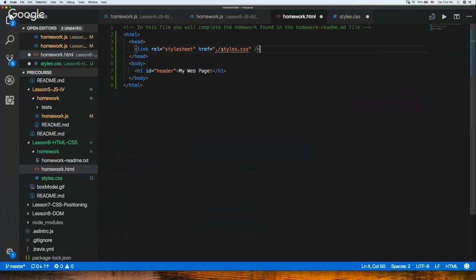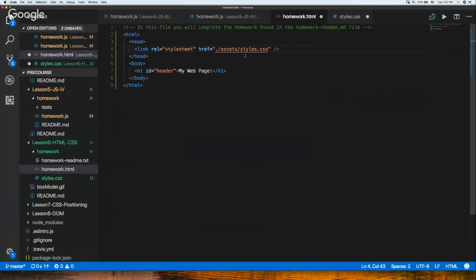That's a self-closing tag. All right, so this slash says, look in the same folder that the HTML file is in. That's what the slash is. If the styles file was up a folder, then you would put two dots. So we'd go up one. If there was another folder in here, like assets or something,